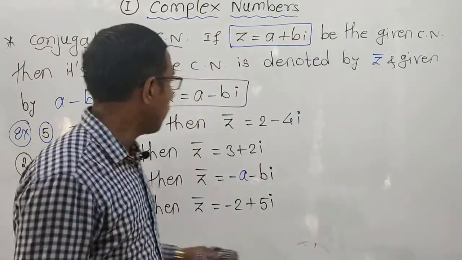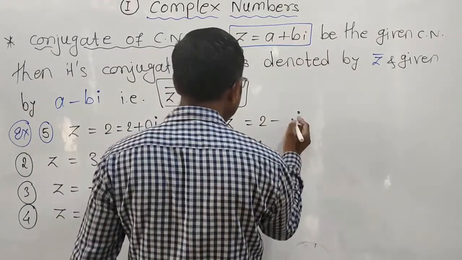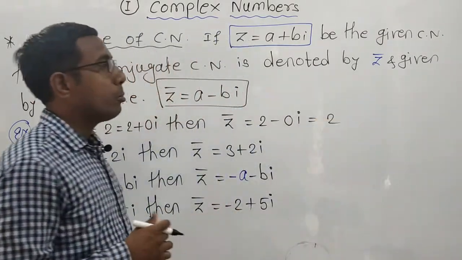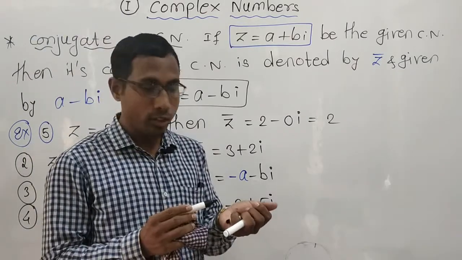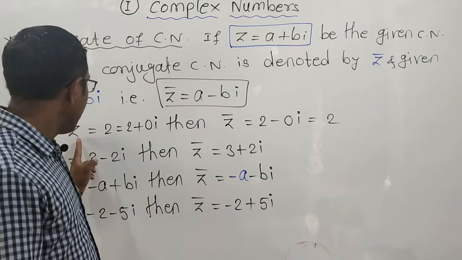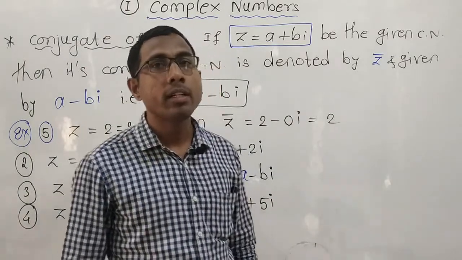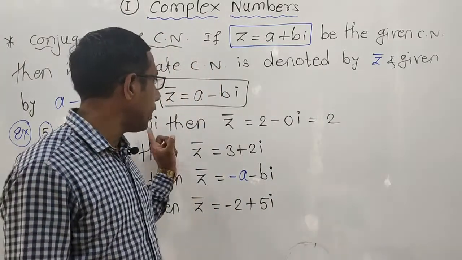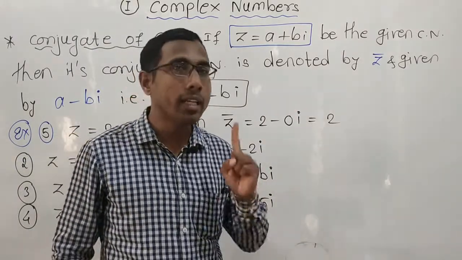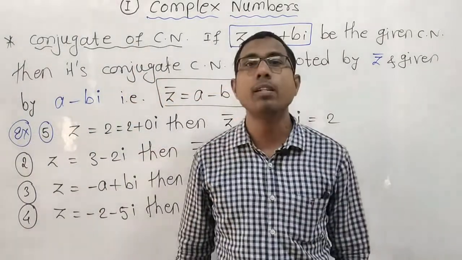That is the real number and imaginary number. Then z bar is equal to, if I reverse, then it will become... and you know that 0. I did nothing but the same. From this, your conclusion is like this. So what is our conclusion? Our conclusion is that in this case the complex number is the same as its conjugate. This is the case in which the given complex number as well as its conjugate both are the same, and this happens only when the given complex number is purely real.